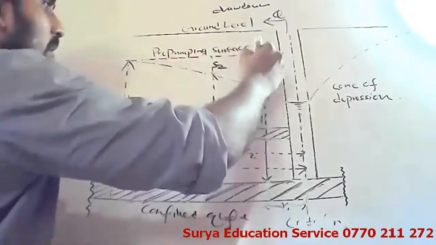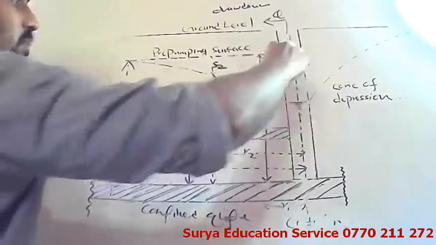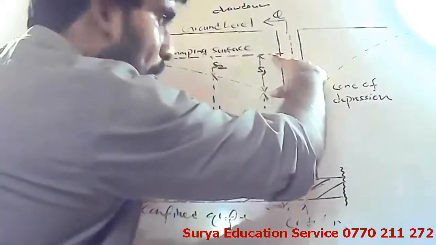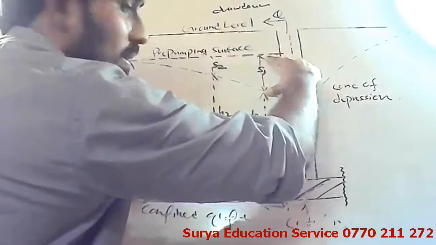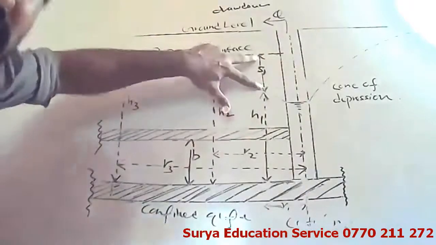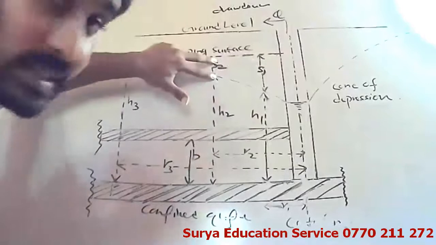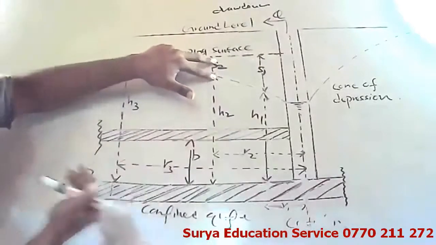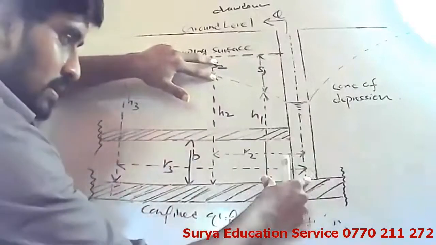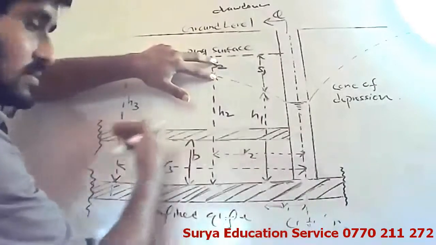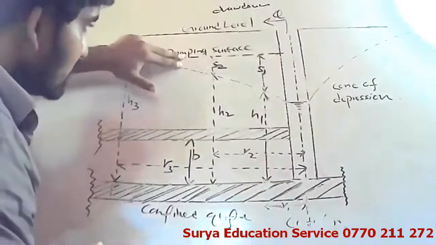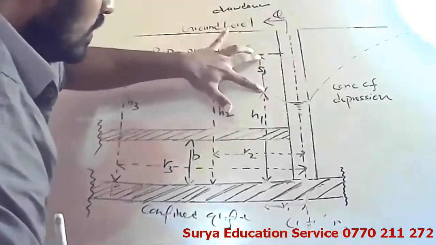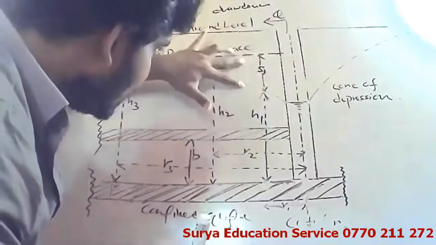Now carefully focus. This is also a drawdown length, which is S1, or you can call it height. So this drawdown is S1 and this drawdown is S2. Now you can see that when the radius, the length, increases, here R1, here R2, what happens? The drawdown reduces. The length is going on and on, and the drawdown, or in simple words this height, reduces.